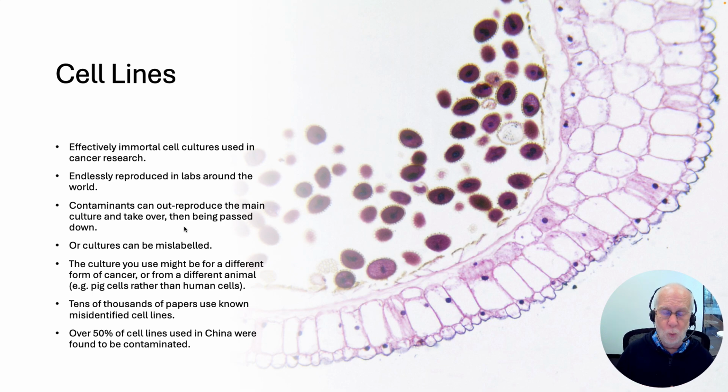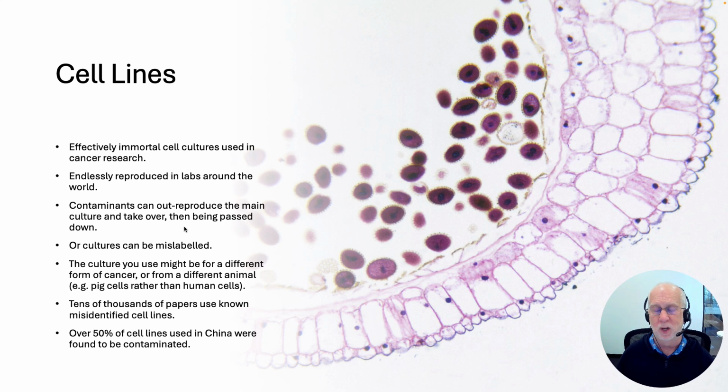So one lab might give some of these cells to another lab, and they will then allow them to reproduce in an appropriate medium and keep using them over years, and then maybe pass them on to other labs. So there's these long lineages of these cell lines, which are a basic resource, particularly for lots of cancer research. The trouble is, it's easy for these things to go wrong. It could be simple mislabeling. Someone puts a wrong label on one of these things, and then for decades afterwards people might be using the wrong cell to do their research.